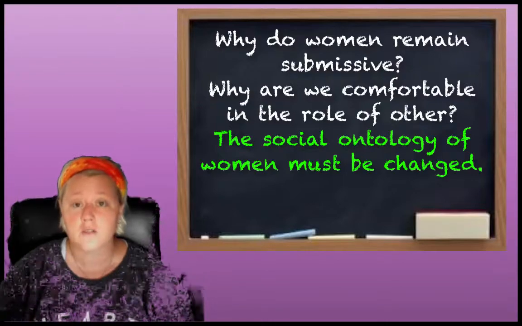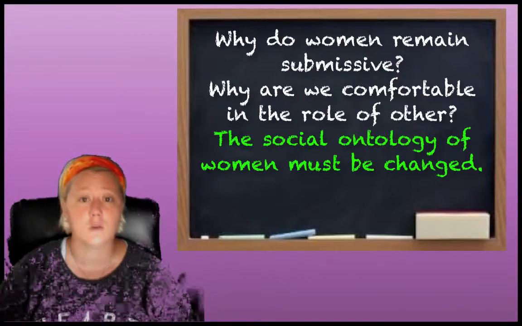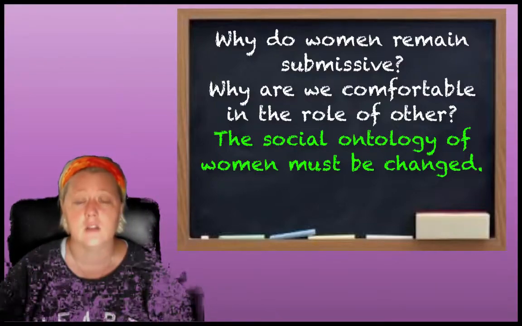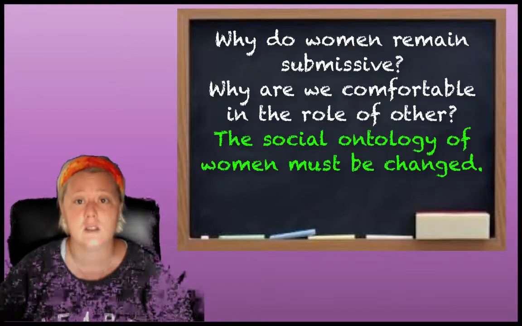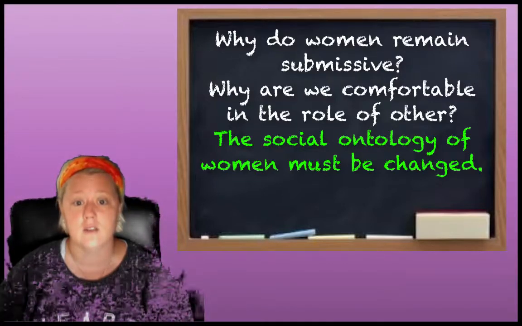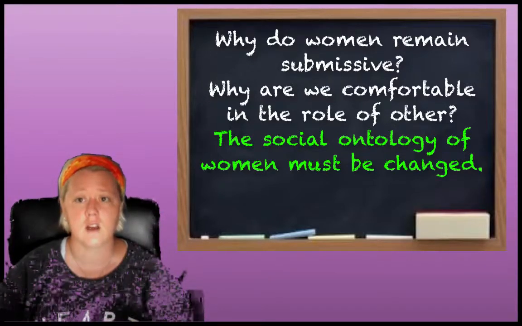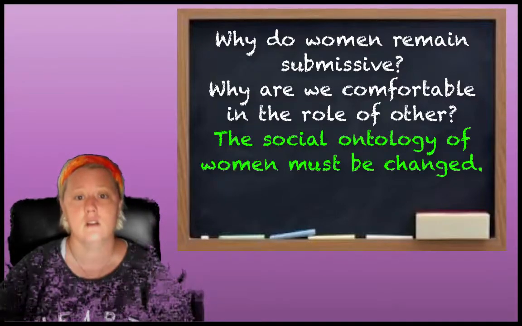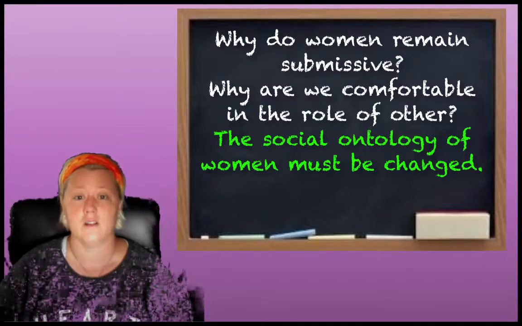So on Beauvoir's view, she thinks the liberal feminists have it wrong. There's nothing that equal resources can do to help us. Even if we had equal resources, we could still be oppressed because we would still be cast in the role of other. So she thinks women must do something. This is a kind of battle cry here. Women must do something. But many women are comfortable in their role as other.